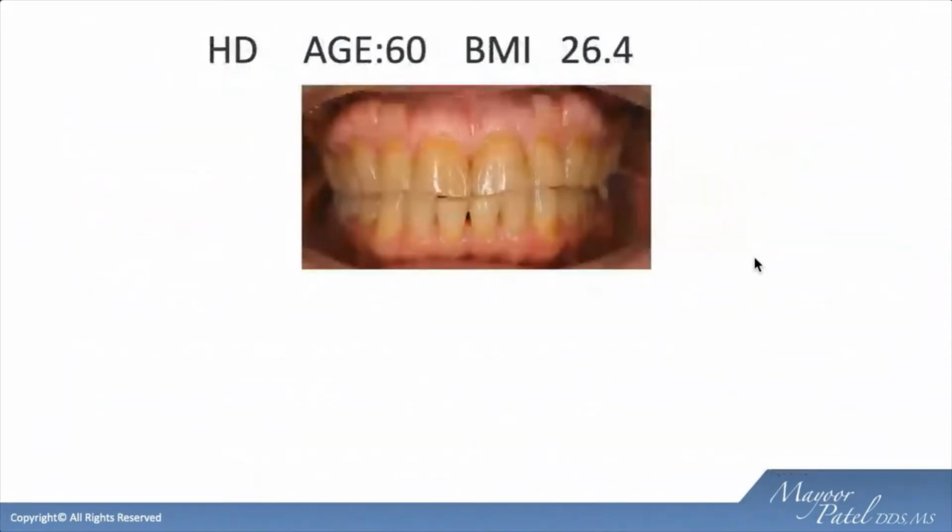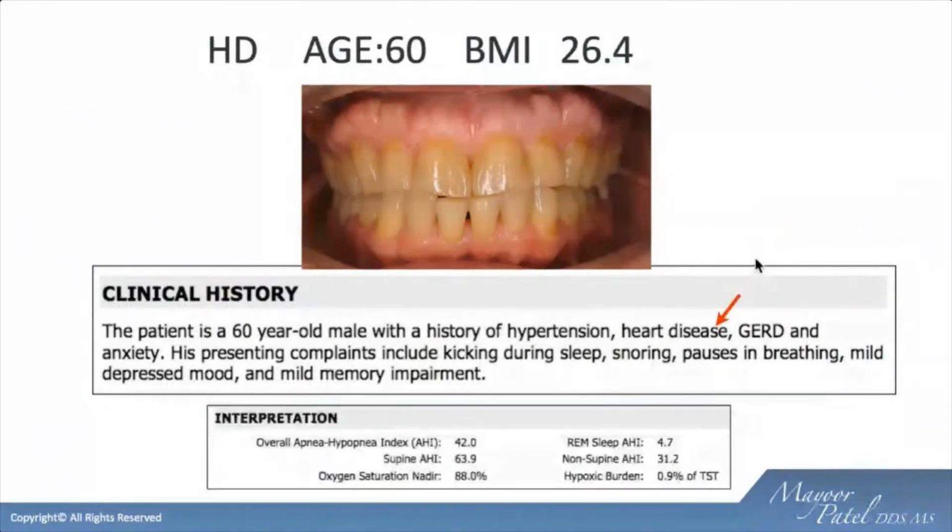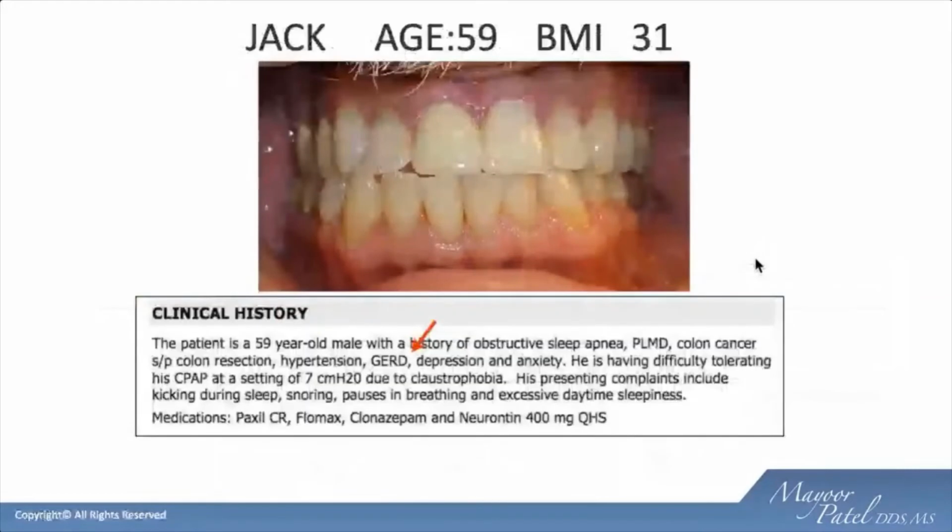And when you look at some of these patients' histories, like this gentleman right here: hypertensive, heart disease, he's got a history of GERD. He's also telling you that he snores, he stops breathing, no one's listening to him. We send him off, we get a study done, bingo, test positive for apnea. And this gentleman right here, he's got GERD and all the other things associated with it.